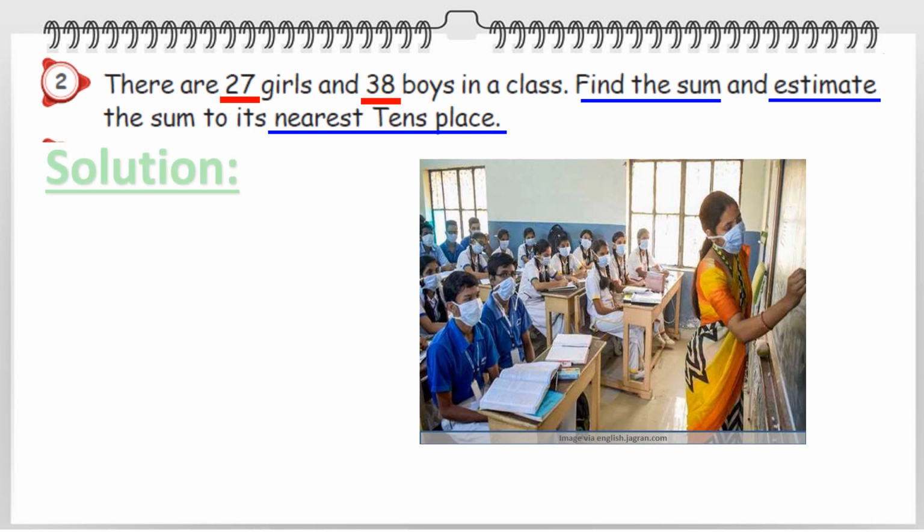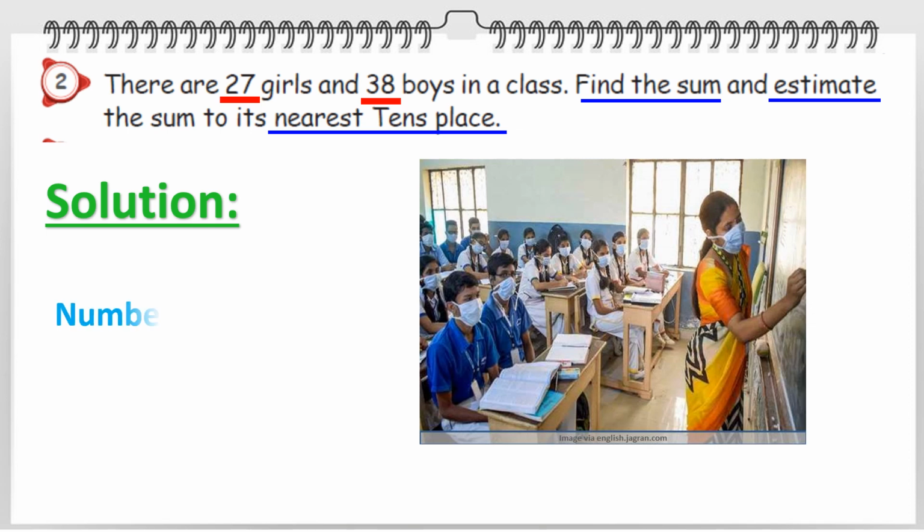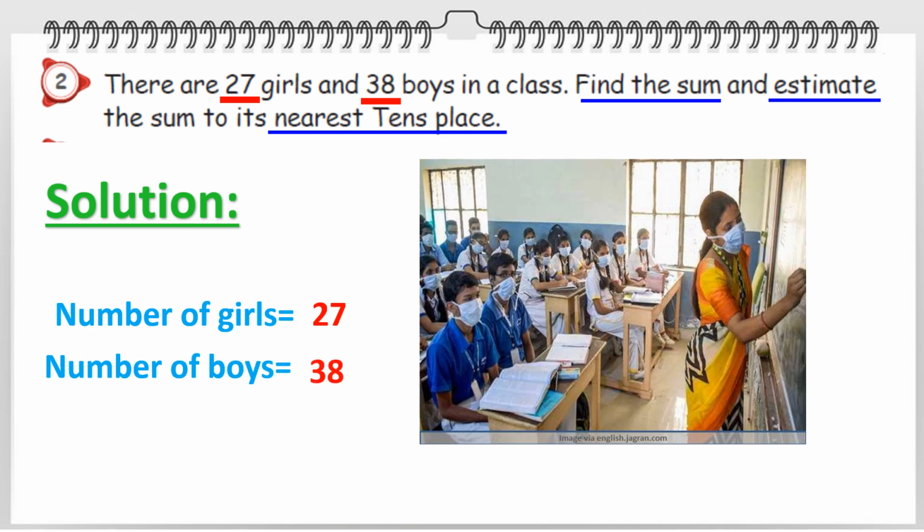So let us go to the answer. Fine. This is the solution. Number of girls is equal to, how many girls are there? Good. 27, isn't it? So enter this. Then number of boys 38. Then add. So 27 plus 38, that is 8 plus 7, 15, 5 and carry 1, above 6. So total must be 65. Clear? Just check it once.